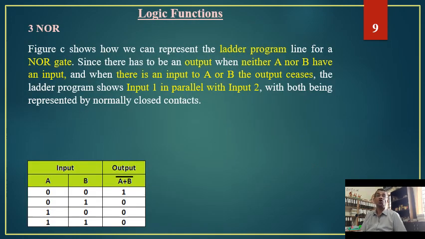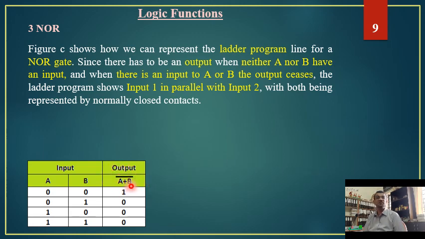Next, NOR operation. It is an OR in combination with the NOT, so it is called an inverted OR gate. So we have an OR gate that we have seen previously. Just connect a NOT. If we connect NOT, what is going to happen? If output of OR is 0, then that 0 is represented as 1. If output of OR is 1, then it is represented as a 0 because of a NOT gate or inverted gate. So this is how it is represented with the hash in the top.